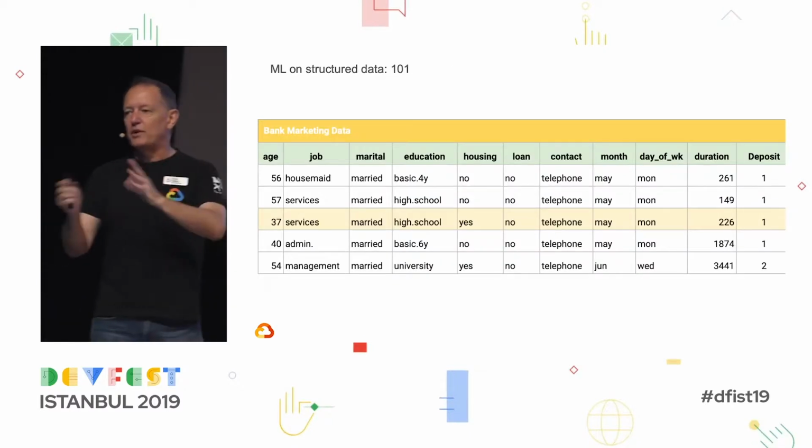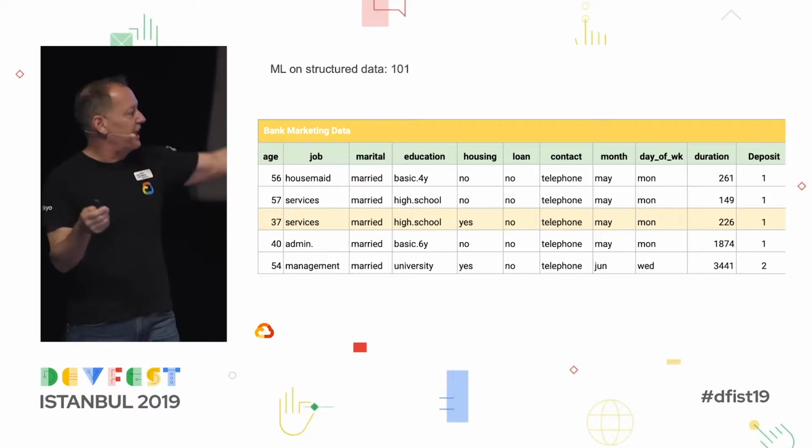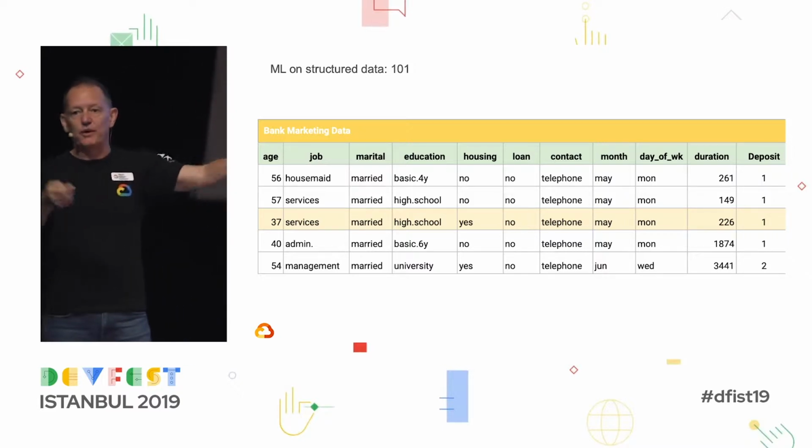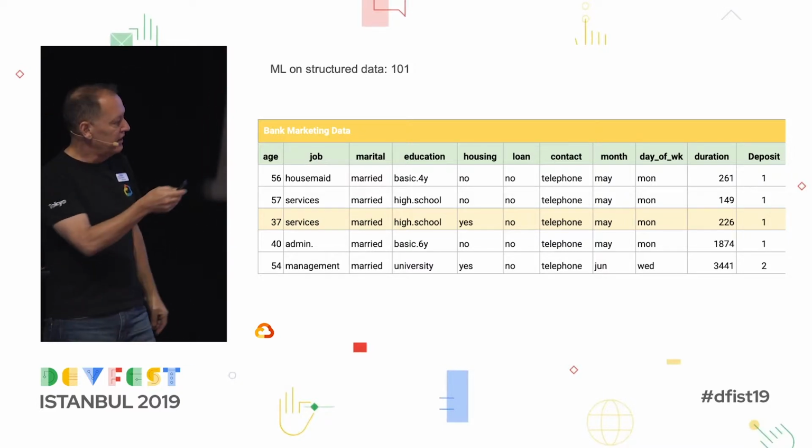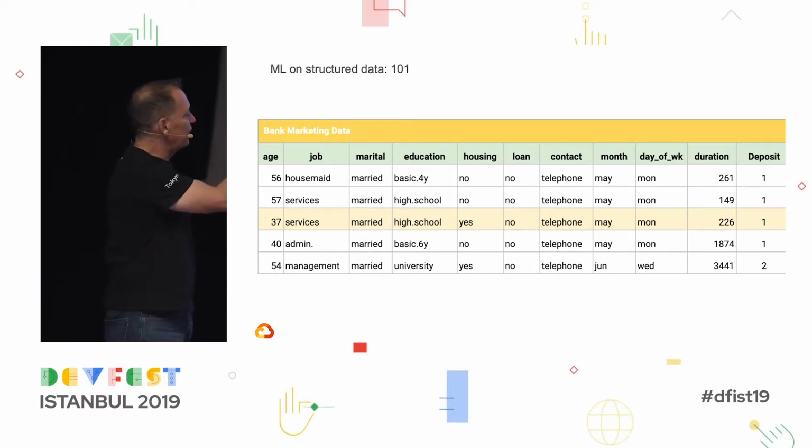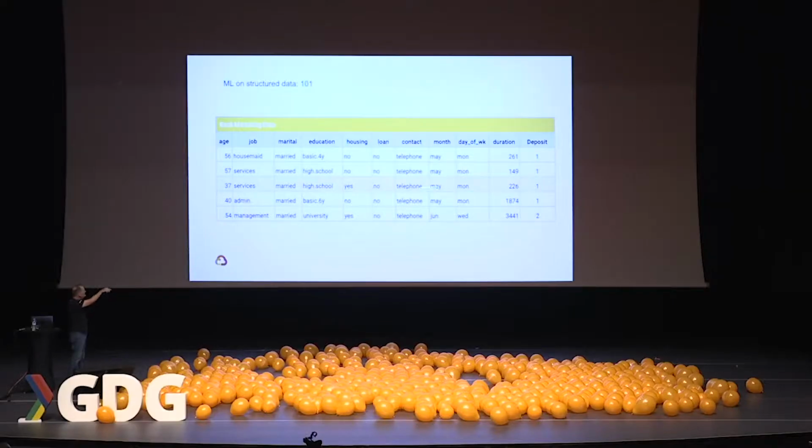Just to make sure everyone understands what I'm talking about, this is just a spreadsheet, basically, or database output from a SQL query. Every single row here is one unique instance of something that will be part of the training model. And what we want to do is we want to be able to make a prediction from the data that we have. In this case, this is some data. I'll give a link to this particular data set later.